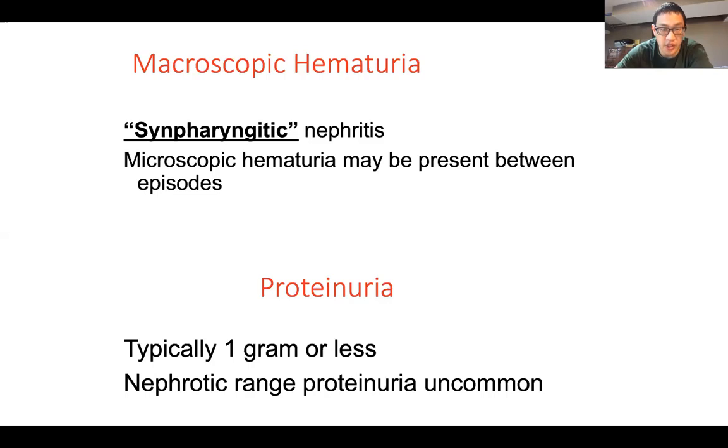The proteinuria is present because this is a glomerular disease, so you still have proteinuria, but again, not commonly in the nephrotic range. Usually it's 1 gram or less. And we'll talk about why that 1 gram is important prognostically, because patients who have less than a gram tend to do pretty well. Patients who have more than a gram tend to not do as well